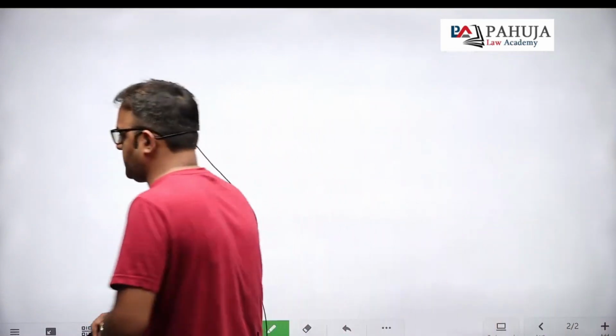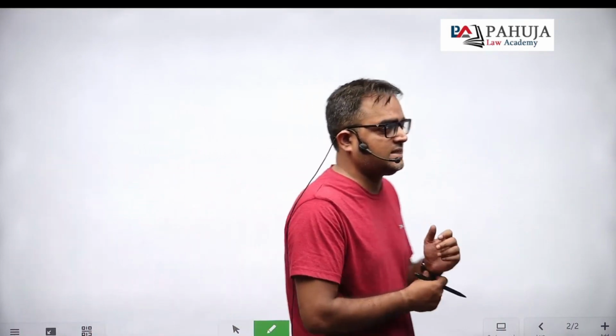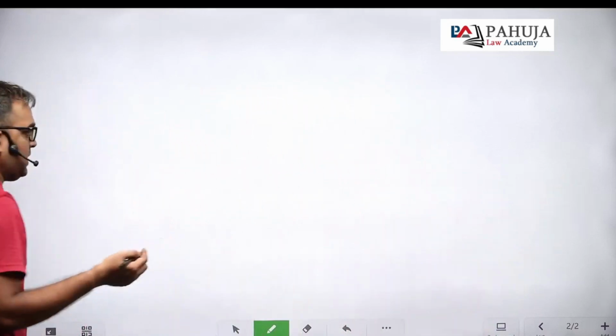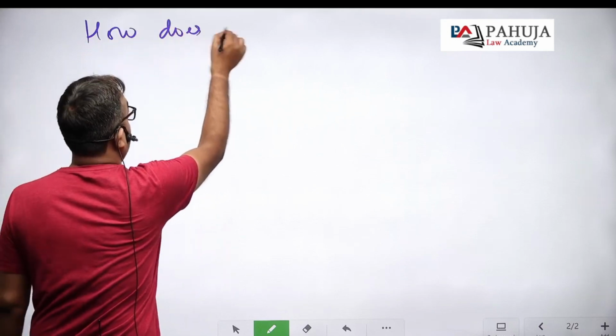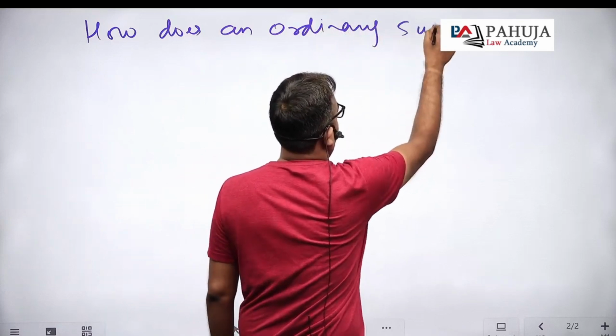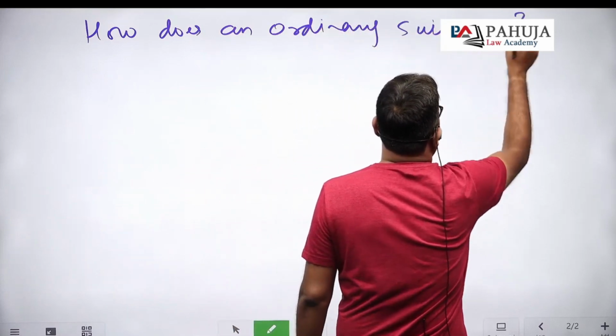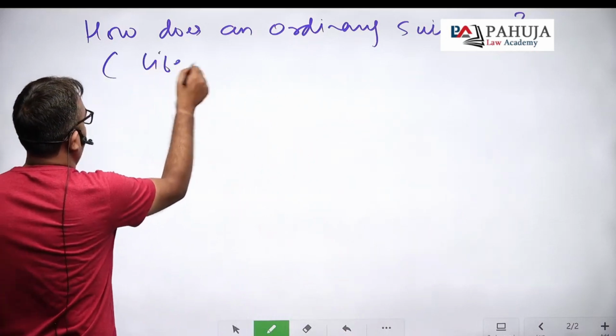Now, how do you study CPC? To study CPC, the topic for today's lecture is that we have to start with the plaint and end with a decree. That is what I have been told, that I have to give you the life of a civil suit, right? So that question can also be written this way, that how does an ordinary suit run, right? Or what is the life cycle of a civil suit? Life of a civil suit,